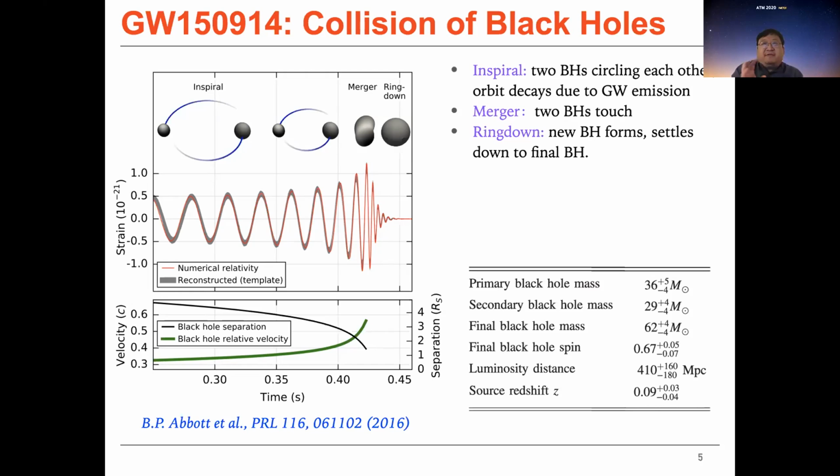And the frequency at which they emit these waves goes up to around 200 hertz. The lowest frequency at which we were able to catch these waves is around 40 or 50 hertz. So it is in this acoustic frequency band that we're detecting these stellar mass black hole binaries. So this is the first event that we detected.